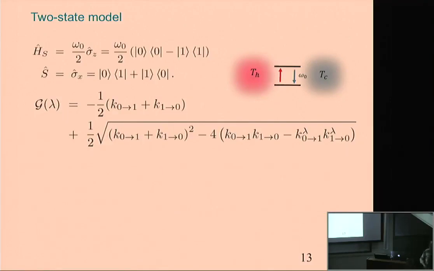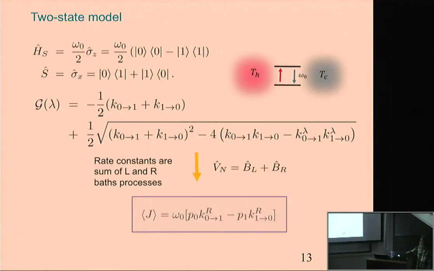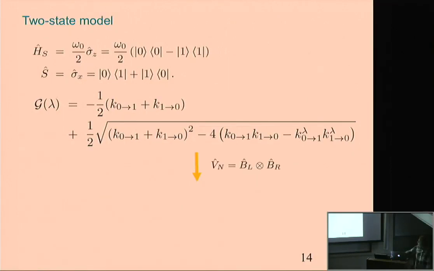As an example, if we have a two-state system, we can calculate the cumulant generating function. Previously, I showed you the average current, but we get in full glory the cumulant generating function. And this is before we assume either the additive or the non-additive model. It's valid in both cases. These are the rates to go up and down. So again, in the additive model, we will get the regular expression for energy flow in the system, where we just make sequential transitions between these two levels. And if it's a non-additive model,